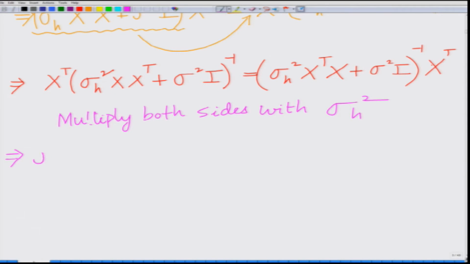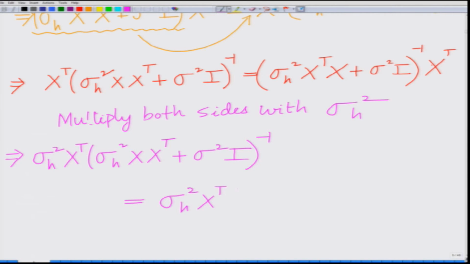That is very simple, of course, sigma h square is a scalar, so I can simply multiply both sides by sigma h square. So I have sigma h square x transpose sigma h square x transpose plus sigma square identity inverse equal to sigma h square x transpose x plus sigma square identity